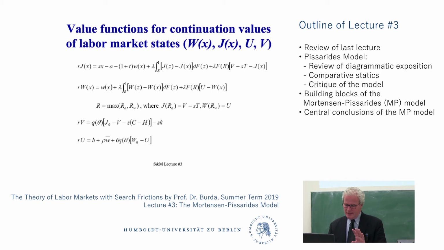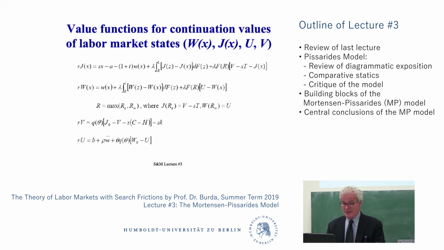That describes the implied asset value of a vacancy poster. So I've posted a vacancy, I don't have a worker, I'm out there in the bathtub swimming around. What can happen? First I have to pay K. And I'm scaling K by S because it's the skill factor. So in the skill market, S times K is my assumed vacancy posting cost. I have to pay that regardless. And if I have bad luck, with probability 1 minus Q, I don't get anywhere.